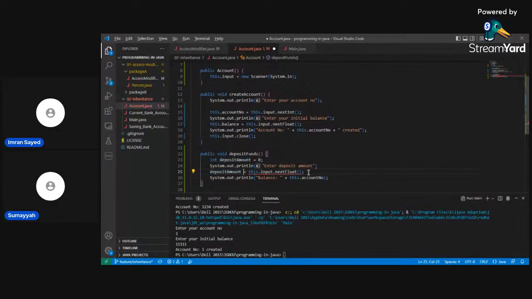Oh, we have to use float, not int. Float is just to store more data, right?